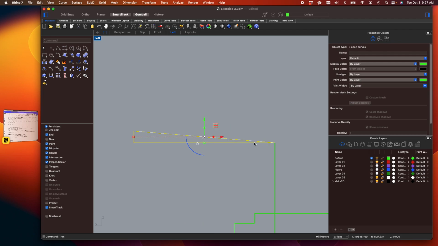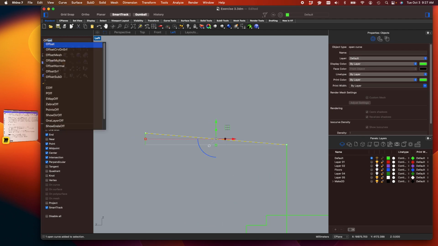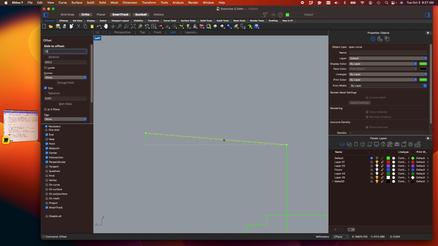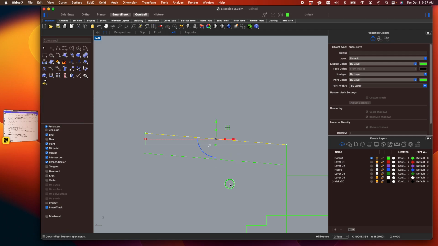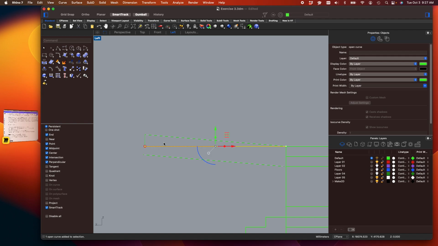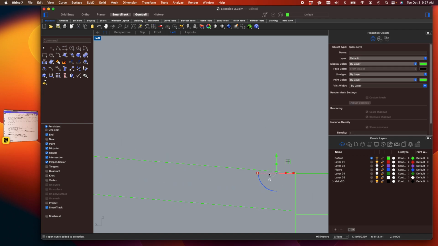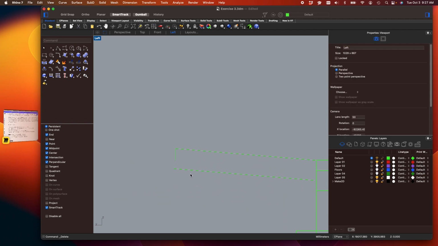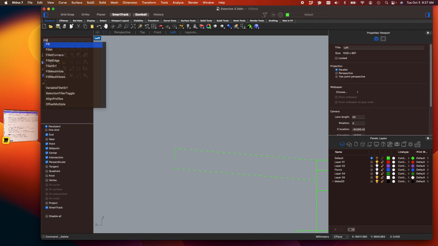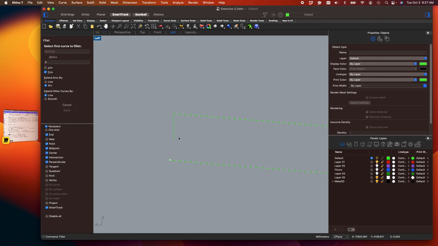Right now it's like the world's smallest thickness, so you might want to change that as well and offset. Let's make it thick. Let's go 12 inches. Perfect. So again, using that geometry to establish what we need and get rid of what we don't need next, right? Another tool that we can use if you haven't used it before is fillet, right? So I can fillet, basically set it to 0 and click on 2 lines and it'll basically put those together. So